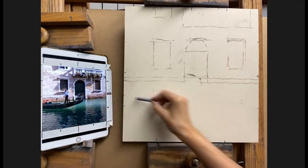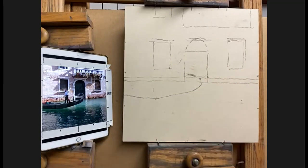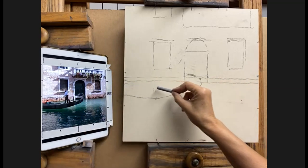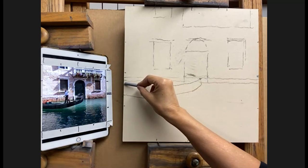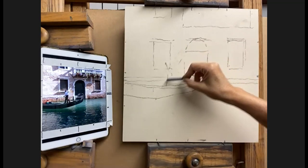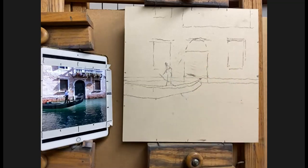So this is coming down at an angle. It turns at this point. So I'm coming down at an angle to about here. Then I'm going like this, and it's starting to curve up. That's how you can get your drawing in and try to get your drawing right, by using these points, by marking where these points are. And then this just kind of swings down and up like that. Maybe even comes down a little bit further and then swings up. That's too far. The figure here comes down. One leg is this way, one leg is this way. And then he's got his oar, which comes through, and you get a little bit of it right there. That's all I need to do